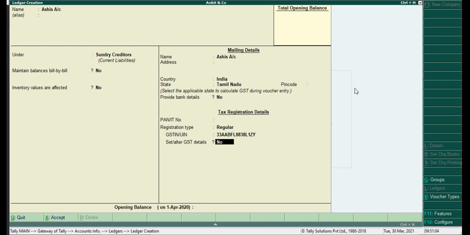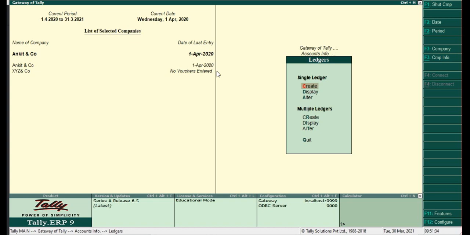Clear? So see, till now when we were creating sundry debtor and sundry creditor, we didn't bother about the state and all. But now in GST you have to mention the states. Why? Because he is from a different state. Okay na, please take care of it. Please concentrate on the fields which you are filling. Please don't go blindly by pressing enter. Check each and every field you are entering. Okay, escape.